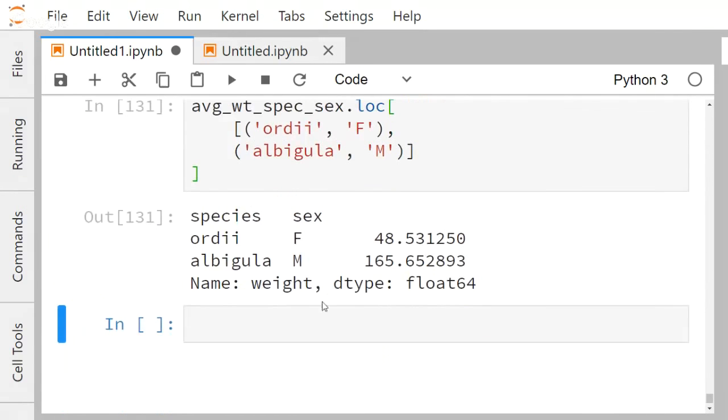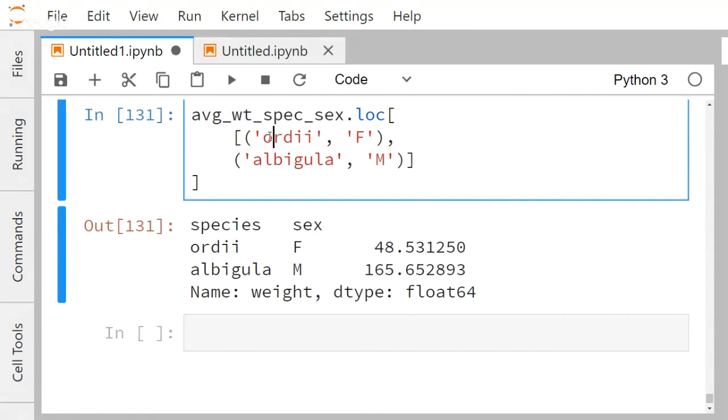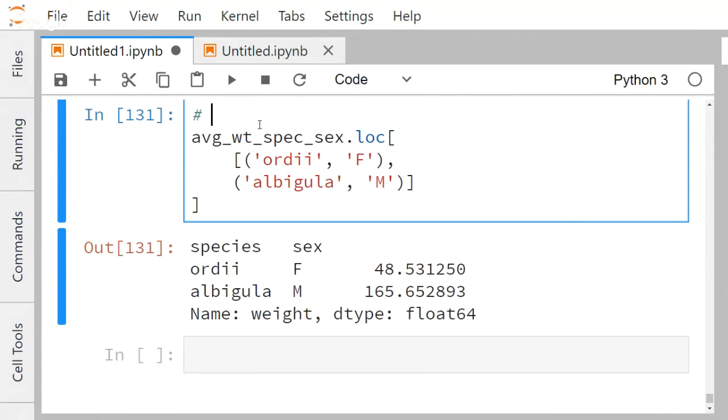To be super explicit with what I'm doing, I'll write a small comment over here. Tuples of